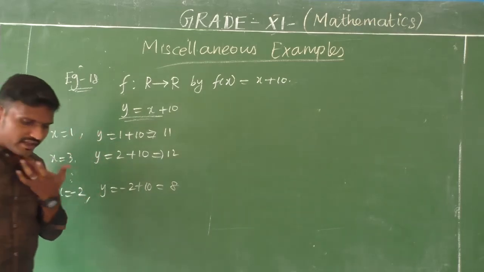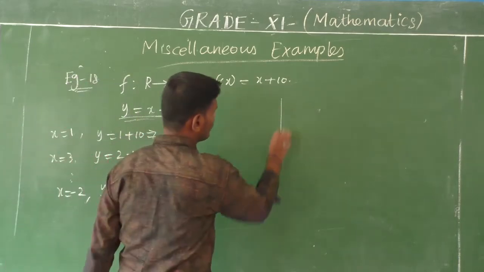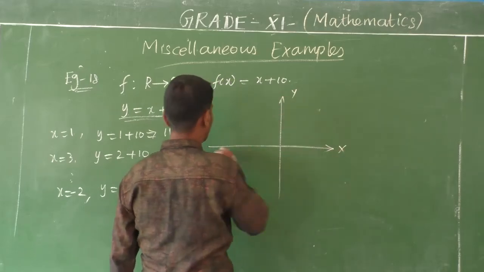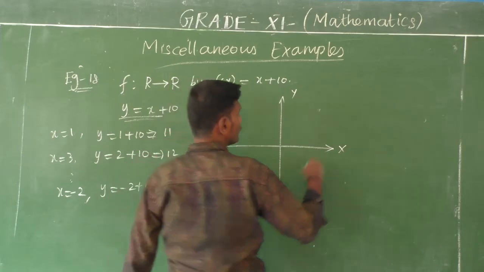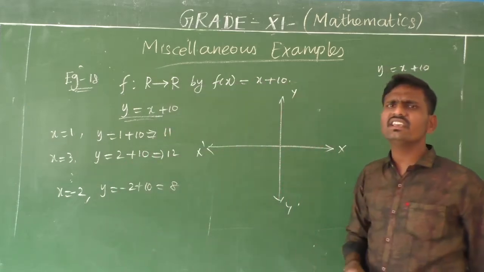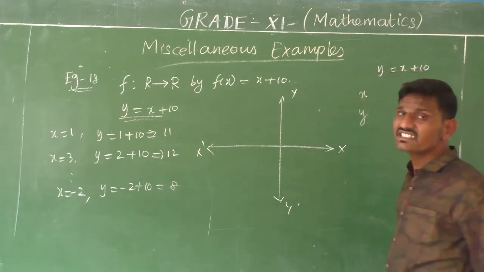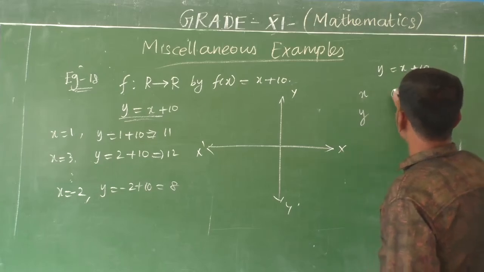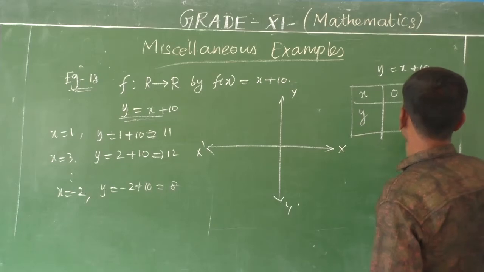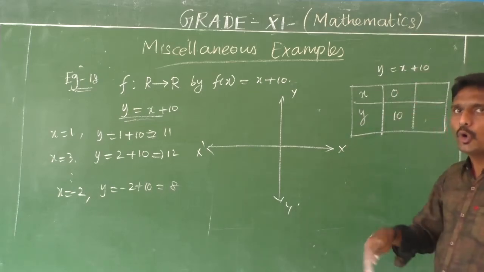Now I am going to draw the graph. So how to draw the graph? So this is x, y, x dash, and y dash. The function is given, y equal to x plus 10. Okay. So this is an easy one. Already you studied in your lower classes to form a table, x and then y. Suppose I am giving x equal to 0. What will you get for the y value? 0 plus 10, 10 only.